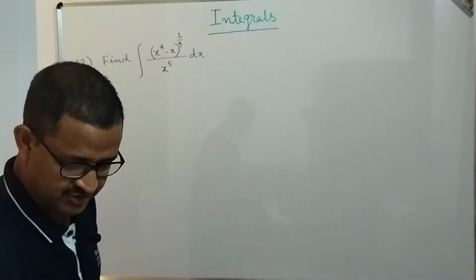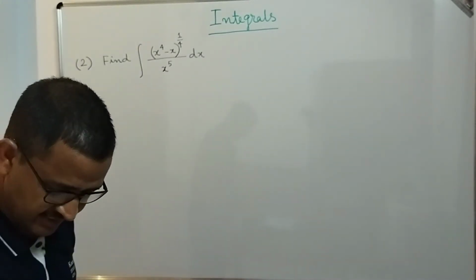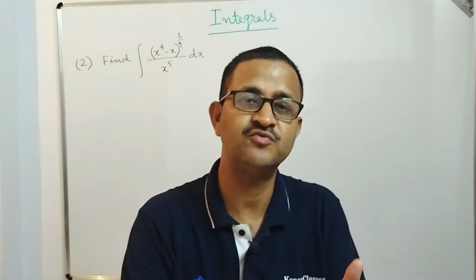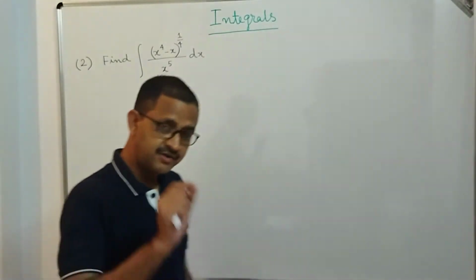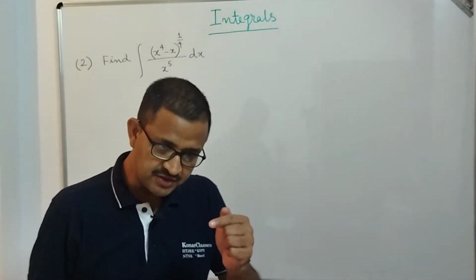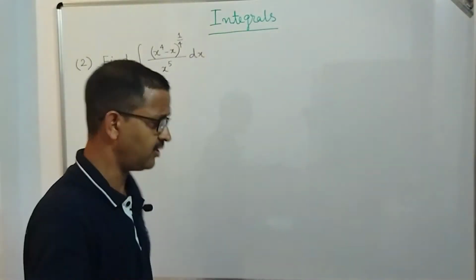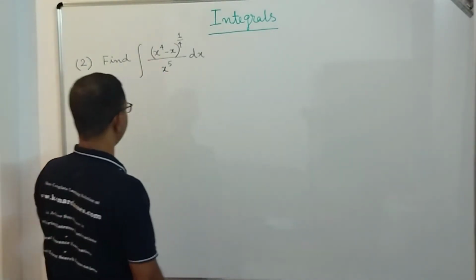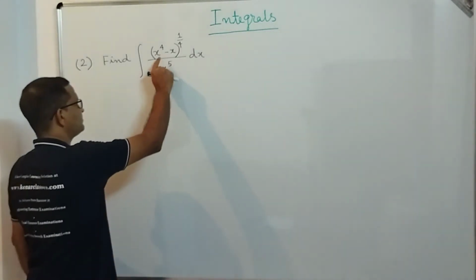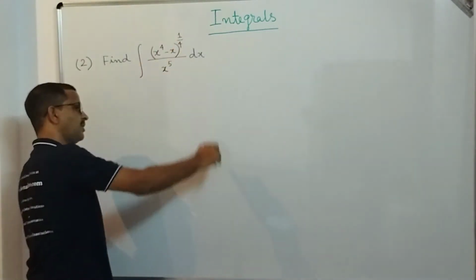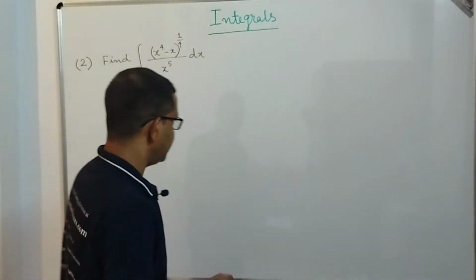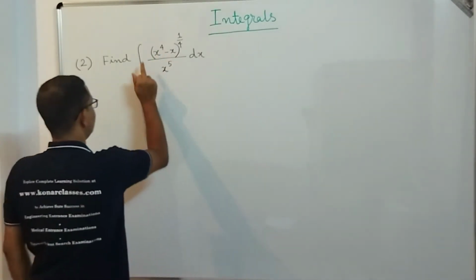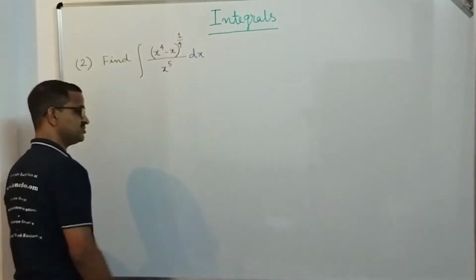Let's proceed. What is very important, dear students, is to know what steps we are going to follow, and to do that you need to think 2 steps ahead, in rough work. How? You see that x to the power 5 is there, and here x to the power 4 is there, and in that entire expression x to the power 4 minus x power 1 by 4. So if we divide inside that expression by x to the power 4, we just need to divide the outside expression by x.